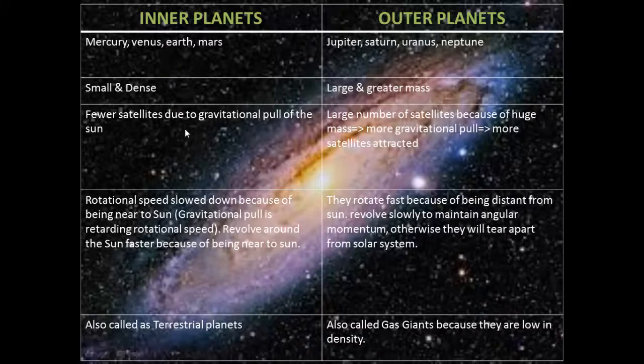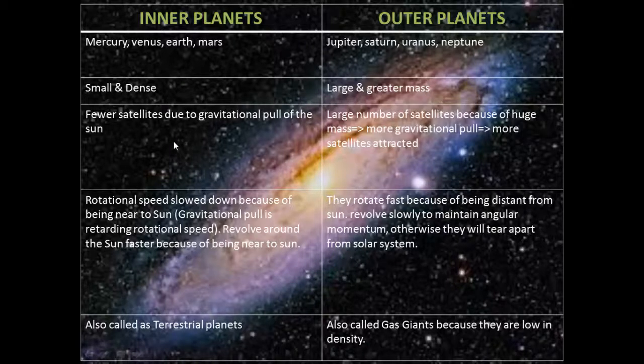now inner planets, because they are very near to the sun, practically can't sustain any natural satellite, especially Mercury and Venus. They don't have any natural satellite like we have. Earth has a moon, but Mercury and Venus don't have any natural satellite, because they are so near to the sun that due to the gravitational pull of the sun, the natural satellites of those planets would be sucked into the sun. If at some point of time they had any natural satellite, after so much time the sun must have sucked those satellites, that's why they don't have any satellite as of today.